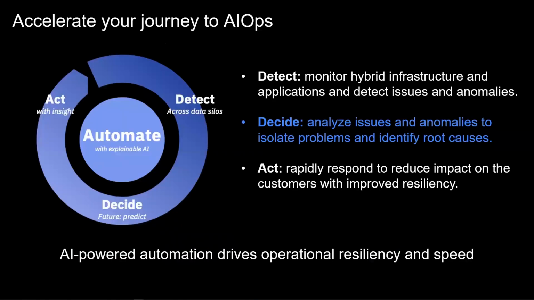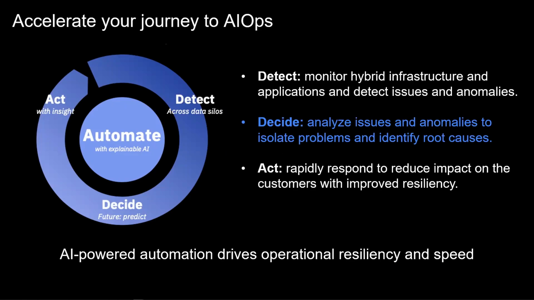So if you listen to Domenico Del Terrio's one of his sessions around AIOps that started off the week, he talked about accelerating our journey to AIOps. And he talked about three phases of where we are in the journey. Detect, which is monitoring our hybrid infrastructure and applications to detect issues and anomalies. So this is kind of squarely where solutions like the APMs and the transaction tracing comes down, because they'll generate alerts as we're starting to see slowdowns